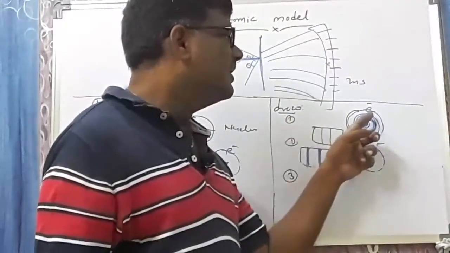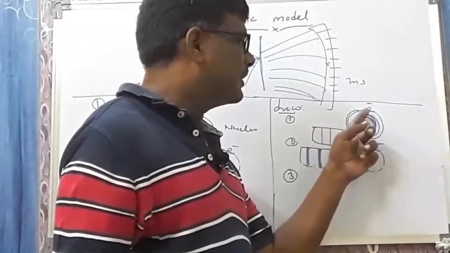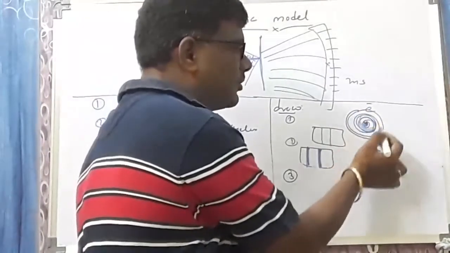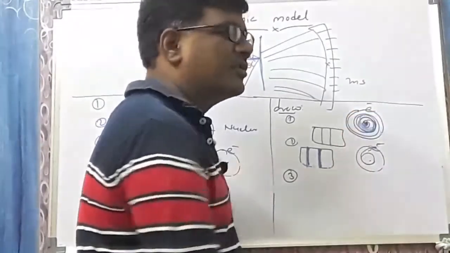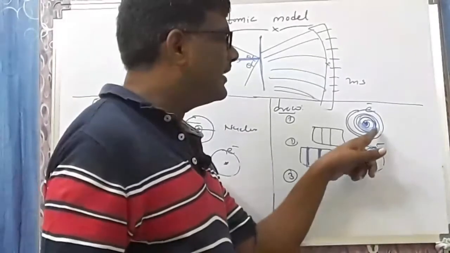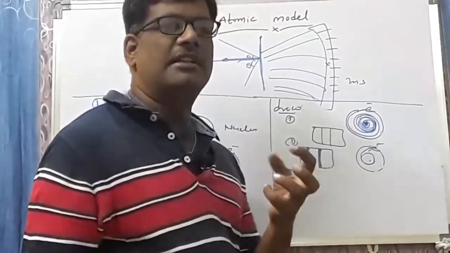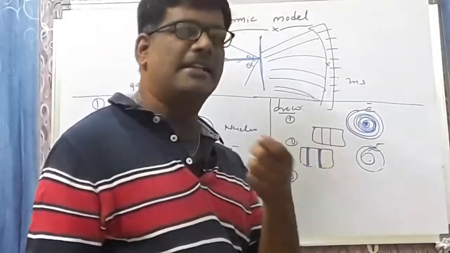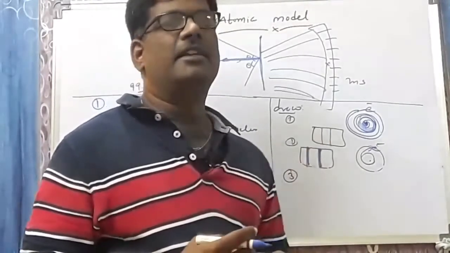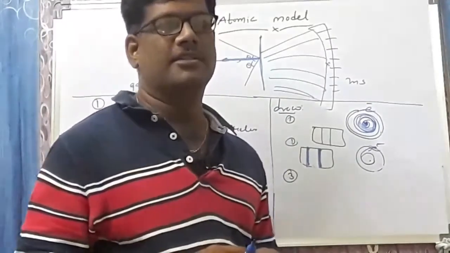First drawback: whenever an electron rotates around the nucleus in a circular manner under the influence of the positive charge, it must lose energy continuously and come closer to the nucleus. After some time, it should fall into the nucleus. The atom must collapse, but the atom is stable. Whenever it emits energy continuously, it should give a band spectrum, a bunch of lines, but we are getting a line spectrum. Rutherford could not explain this either. Third and final, he could not explain the position of the electron or the velocity of the electron. Thank you.